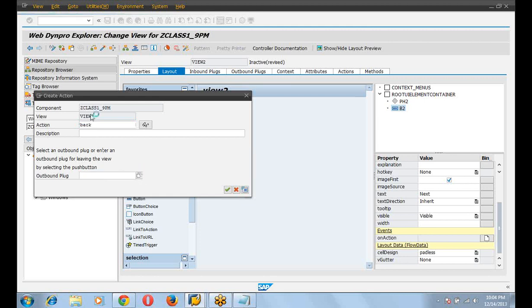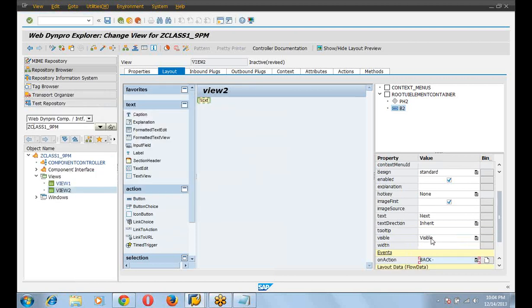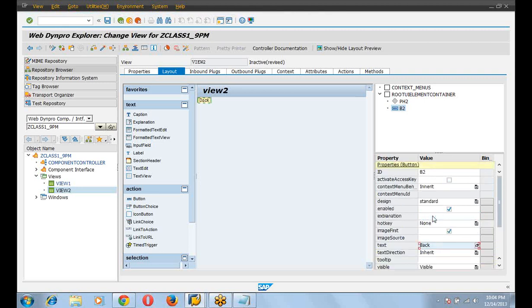Select the outbound plug. Please send the text here, back. Save.